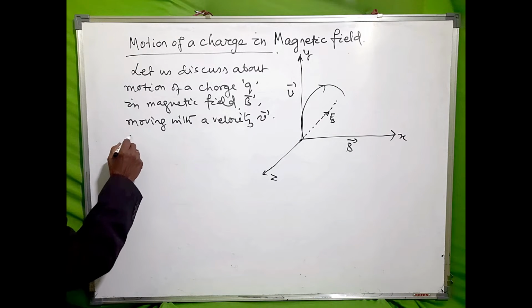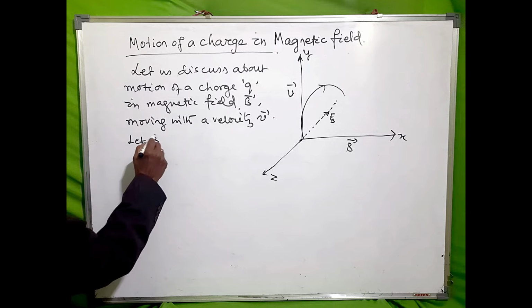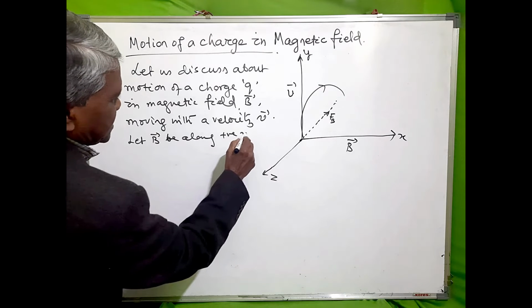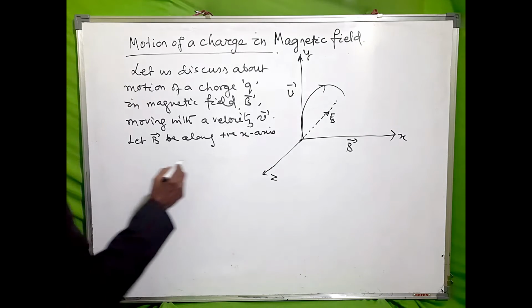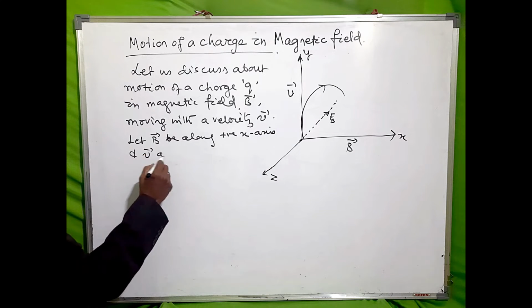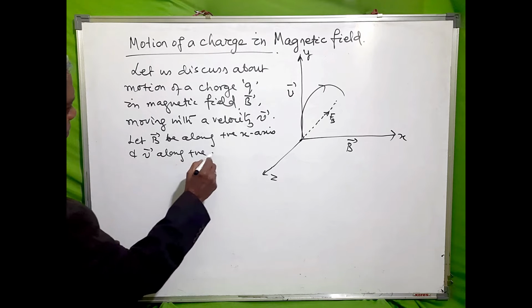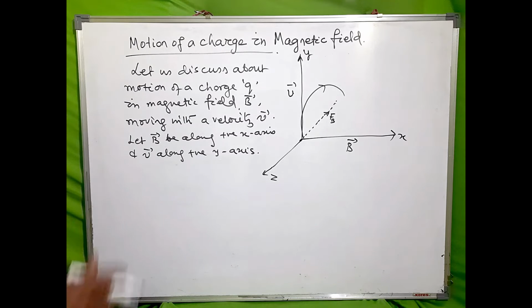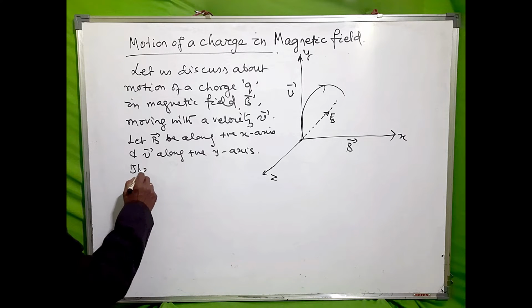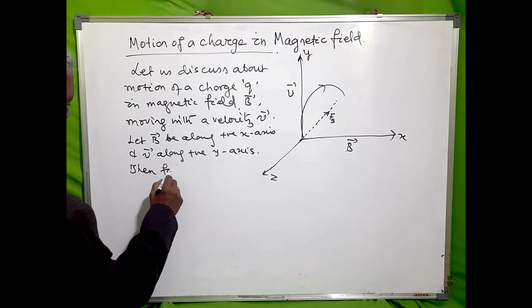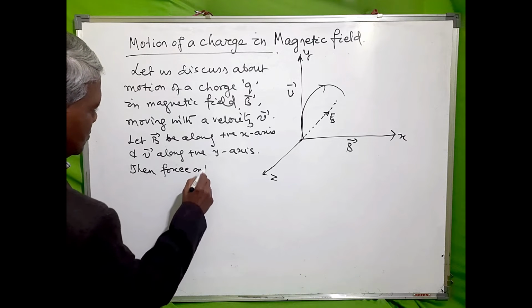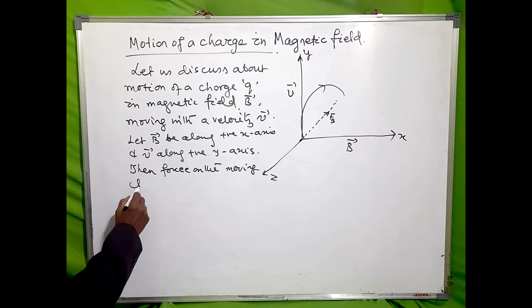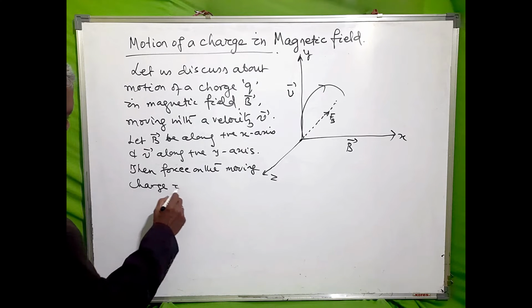Let B be along positive x-axis and v along positive y-axis. Then the force on the charge, force on the moving charge in magnetic field B,